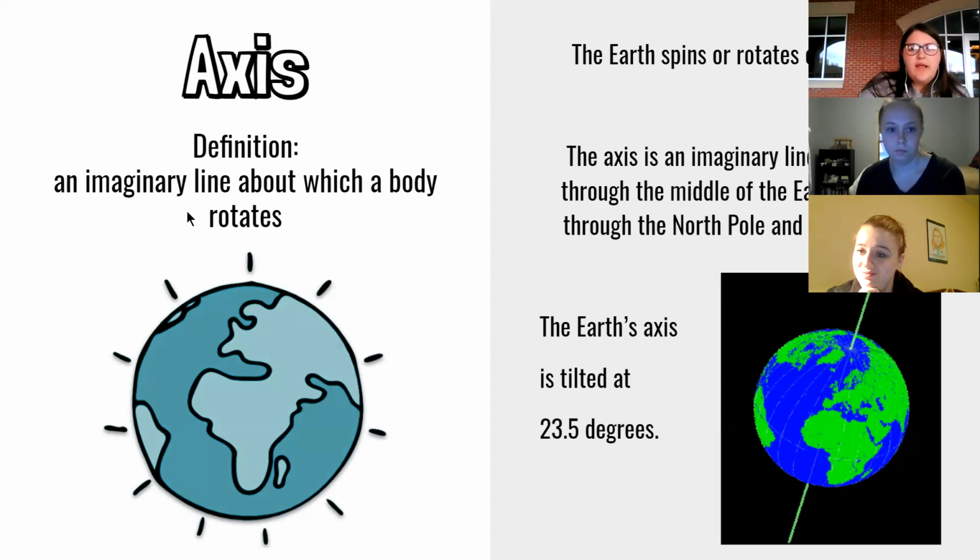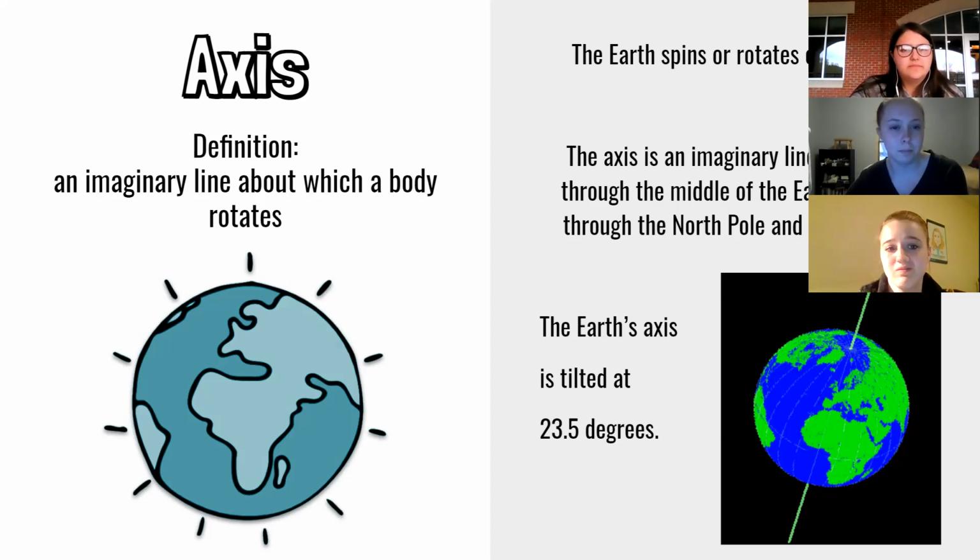Hope, could you define axis for me? Sure. So the definition says it's an imaginary line about which a body rotates. Would you have any idea what that means when it says a body? Like, in context of what we're talking about with the planet and how it rotates, what would you think the body that we're talking about is? I would say the body is the planet Earth. That is exactly right. Now, as it says, it's an imaginary line. So it's not something that we actually can see. It's not something that